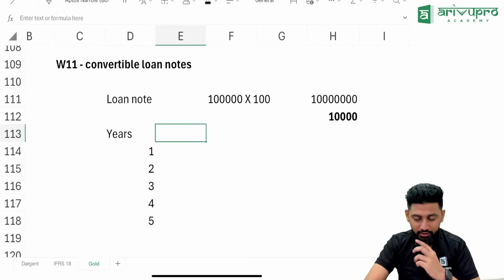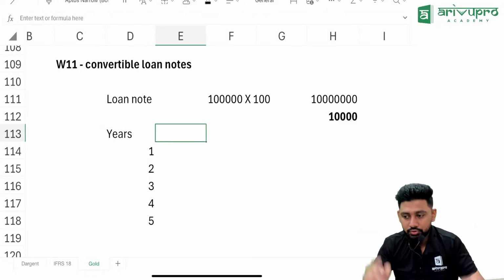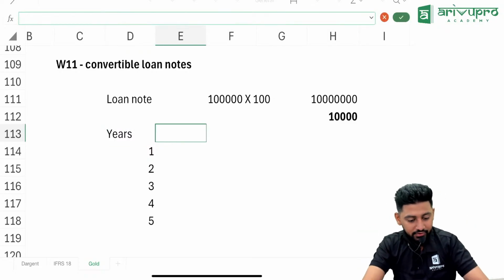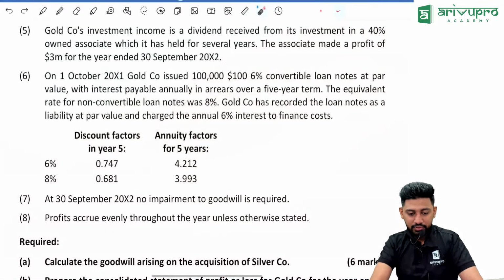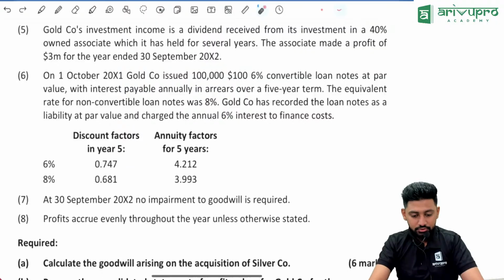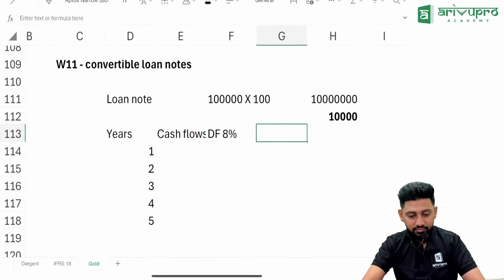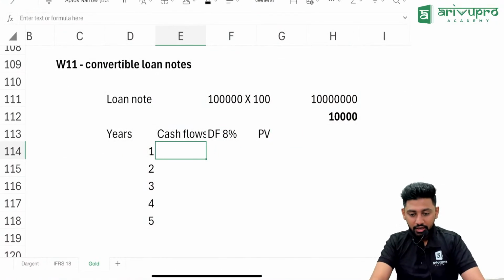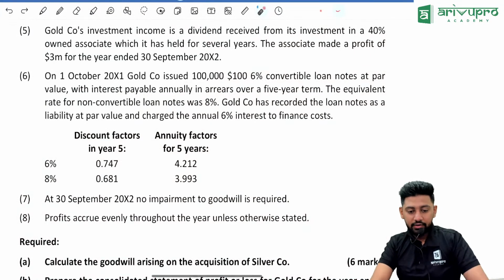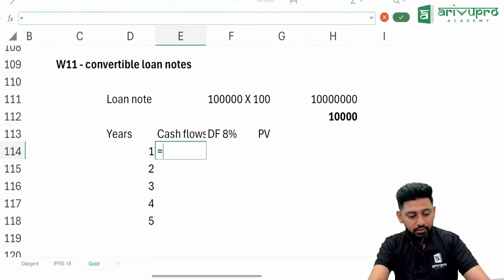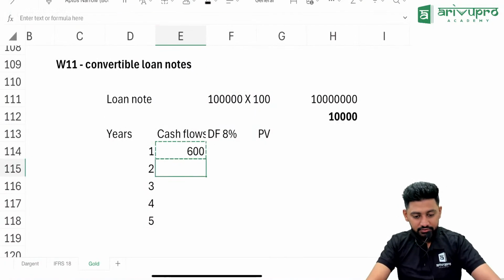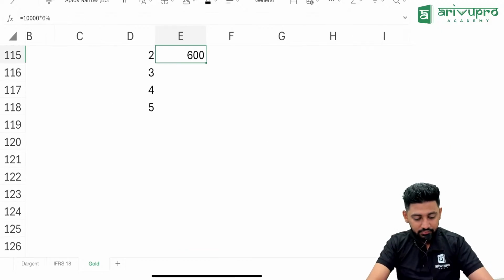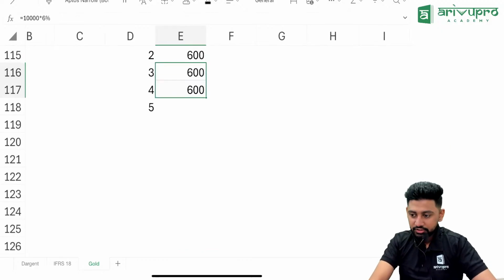I know you can use the annuity factor, but I want you to directly use this. What we have studied. Here we have the cash flows and then the discount factor at what percentage? 8%, and then we have the present value. Cash flows. I'm getting 10,000. How much is the annual interest charge? 6%. Equals 10,000 into 6%, 600. Second year 600. Third year 600. Fourth year 600. Last year